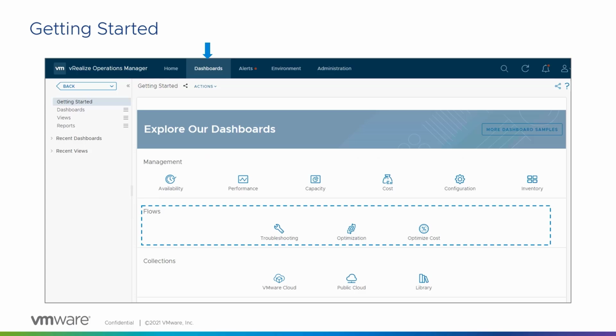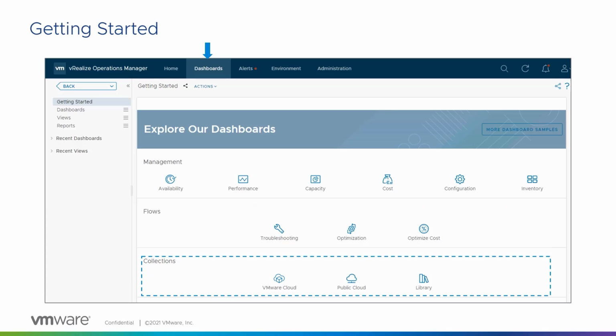If we are starving our virtual machines for resources, we can look at utilization or even configuration, right? So there's a bunch of dashboards within there. Again, all of these are really related to workflow type of activities. And then down below are some of our dashboard collections. So if we're looking at things like hybrid cloud, well, here's all of our dashboards for that. If you're looking at public cloud, right, all of the various services and dashboards related to those,